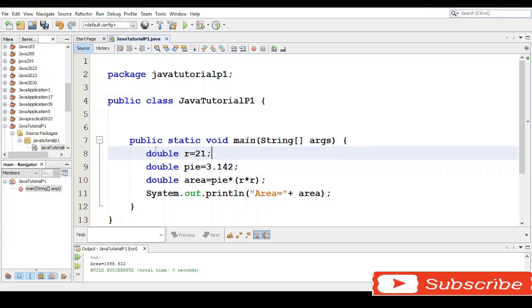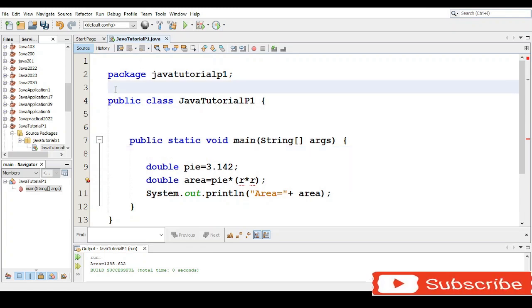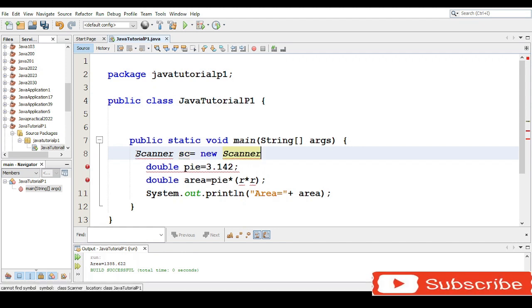In this case, I'm going to first remove this radius over here. I'm going to remove that radius over here. Then you need to first import a library known as scanner. And to import a library, you usually put it here where you can see my cursor. But since you're using an advanced IDE known as NetBeans, you don't really have to do that. You can just come here and first create an instance of scanner by saying Scanner sc is equal to new Scanner